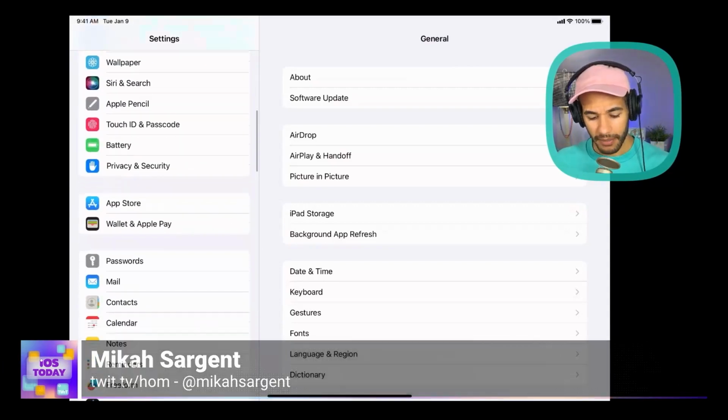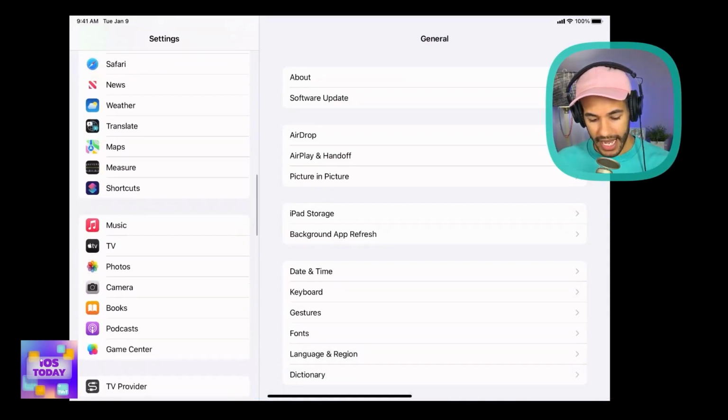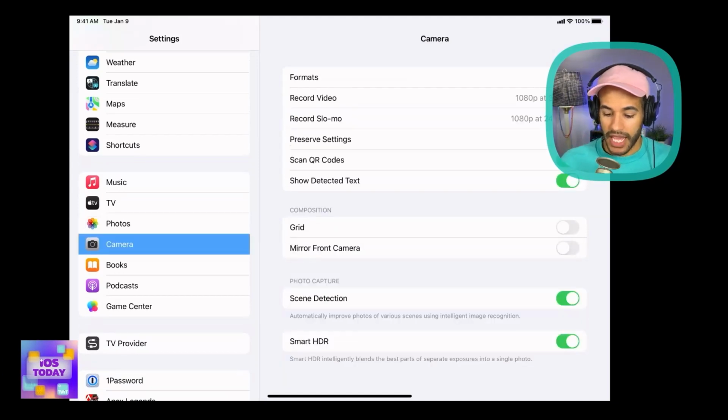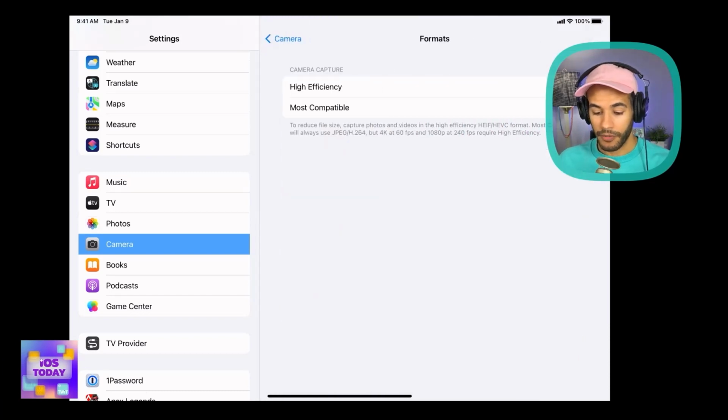And in my iPad, I'm going to scroll down until I get to Camera. And here you can see a bunch of settings for the camera. So first and foremost is the formats option. And if we tap into formats, you can choose how you want your photos to be saved: high efficiency or most compatible. With high efficiency, the iPad or iPhone will save your images when they take them in HEIC or